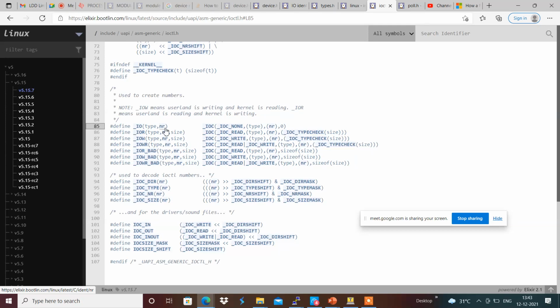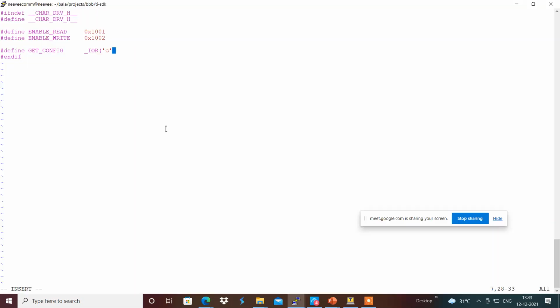And in the same way, we are going to provide something like a SET_CONFIG, which will be something like _IOW, and which will have something like a C comma 4 bytes over here.